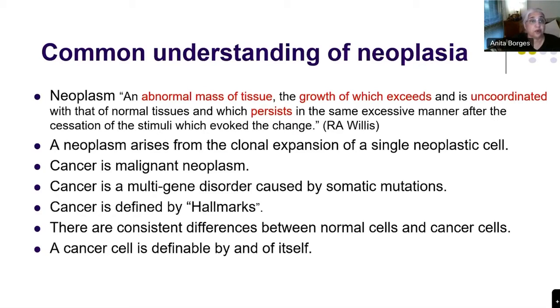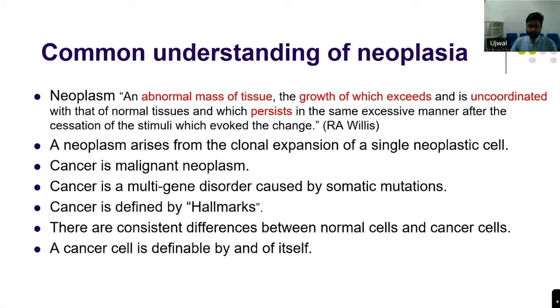And we know that the definition of a neoplasm is what is put up over here. It's the standard definition of what a neoplasm is, and I'll just read it out. It is an abnormal mass of tissue, the growth of which exceeds and is uncoordinated with that of normal tissues. And the things that I believe are to be stressed in all definitions are these that I have depicted in red. Abnormal mass of tissue. It is growth.